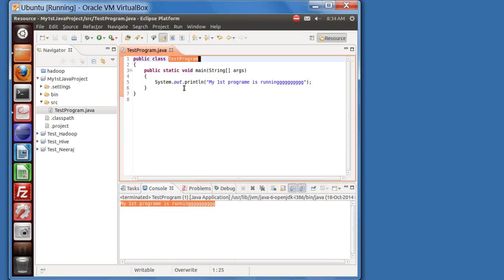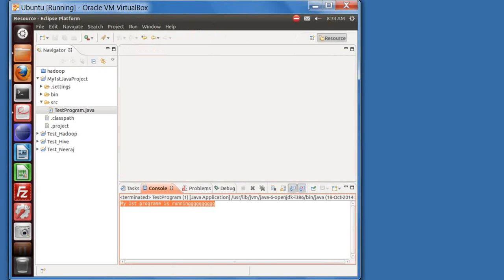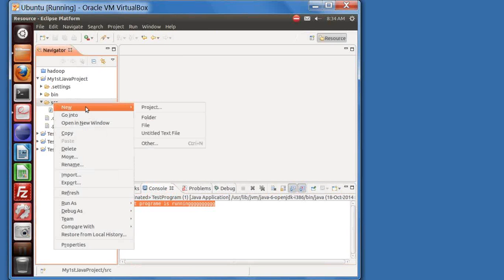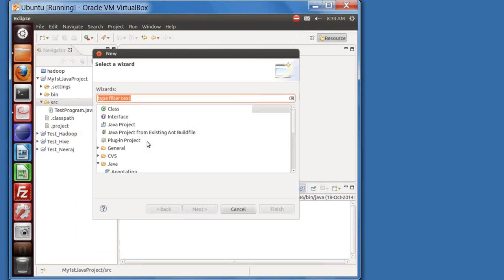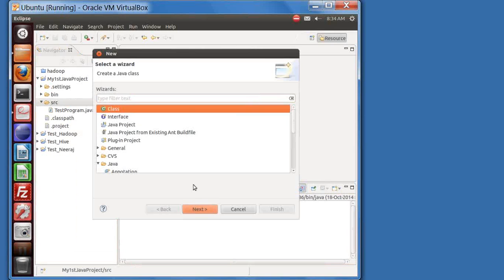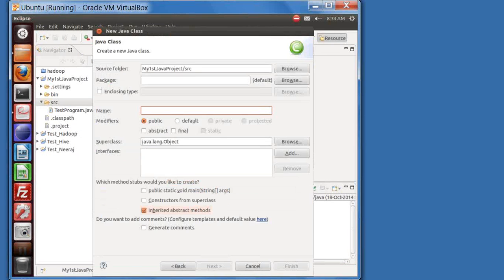Okay, so we will be picking up the speed slowly, but before that, let's take an example of a for loop, and let's take the example of if. So I will simply close this program, because whatever program I write, I will be sharing these programs with all of you so that you can do these things on your system. Now I will create a new program. I will again right click on source, click on new, go for others, and search for class. That's already coming now. Click on next, and what I would write, for example,